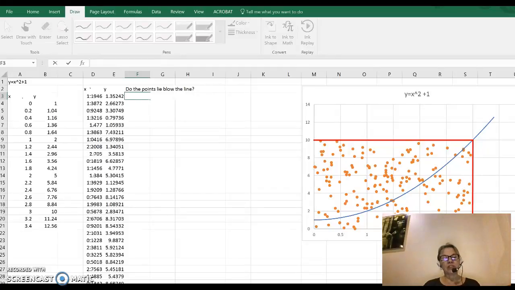Okay, we've created our random points. Now we need to know how many of those lie below the line. So we know the total is 200. We just need to know how many of those lie below the line. So we're going to get Excel to find out whether our y coordinates are less than the y coordinate that